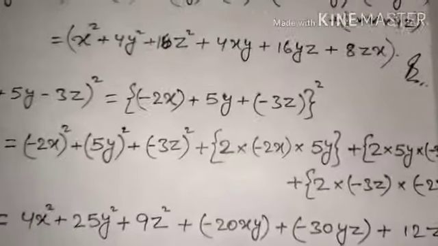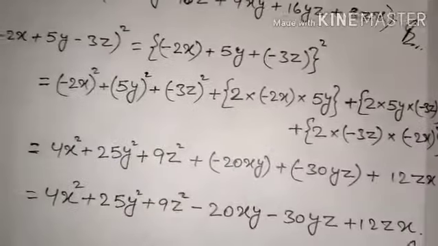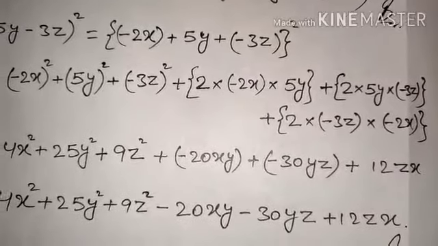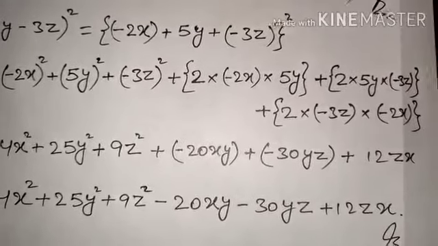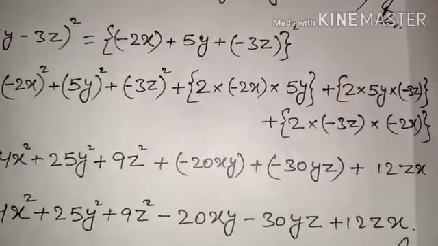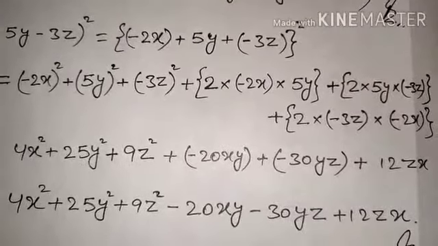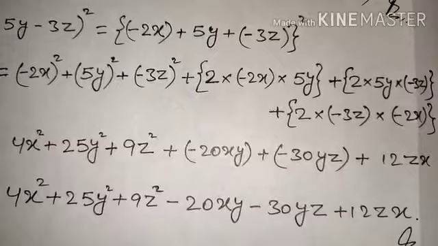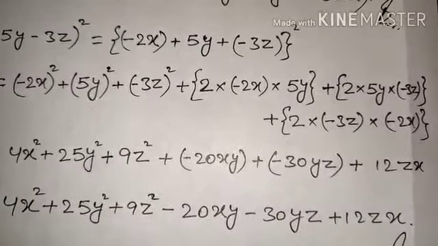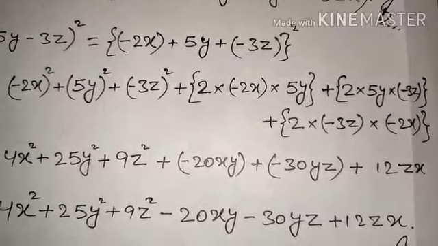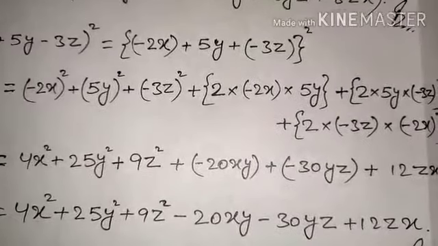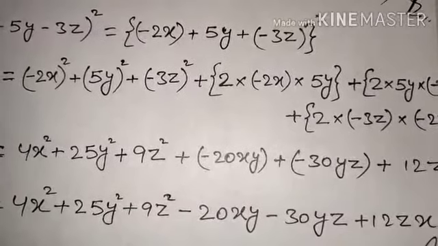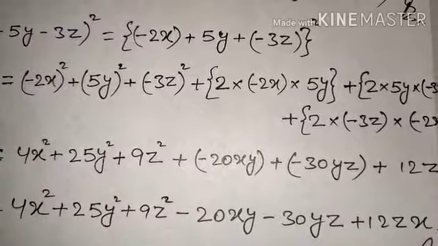Okay, now nothing more we have to think of, like how we'll do this and that. Simply we'll use the brackets in place of the minus values, and after that do the simple calculations, and that's it, we'll get the answers. So again, just putting in the formula, using the identity, and we'll get the things. So the values of a, b and c over here are minus 2x, 5y and minus 3z. So putting it over there, a square plus b square plus c square. A square, that is minus 2x whole square, 5y whole square plus minus 3z whole square.